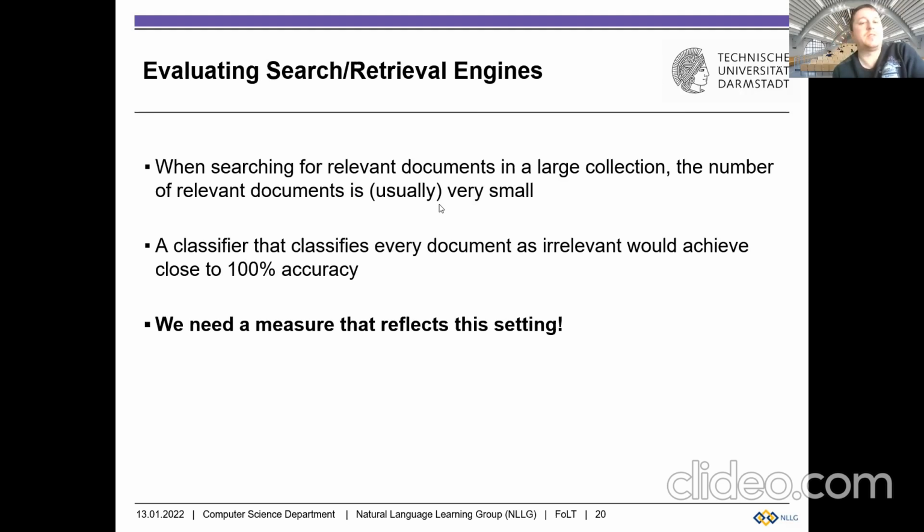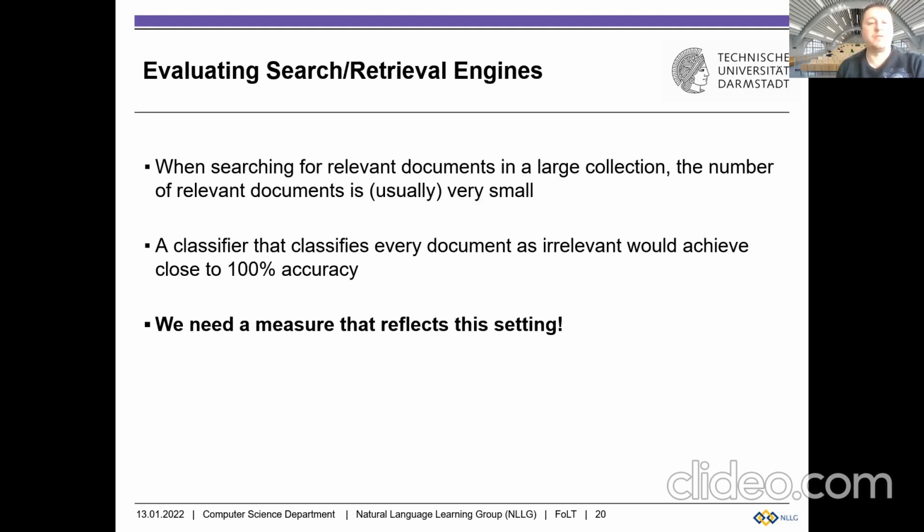And we do have exactly the same problem of imbalancedness, namely that a classifier that classifies every document as irrelevant would achieve almost 100% accuracy, let's say 99.9% accuracy, because almost all web pages are irrelevant for our query. So again, we would have misleadingly high accuracy.